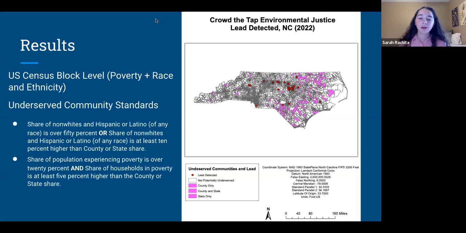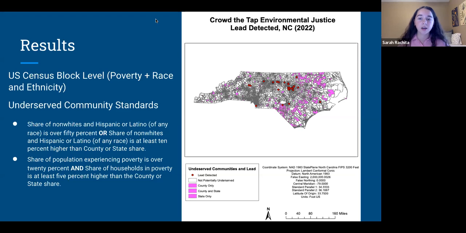So the map of North Carolina is actually split up into our US Census block level here in North Carolina on a standard of poverty and then race and ethnicity. So basically it's showcasing underserved communities. And so the standards are kind of listed there and you can read over those. But anywhere that it's filled in with the purple is deemed an underserved community based on